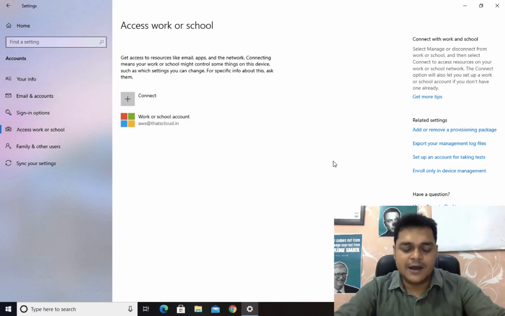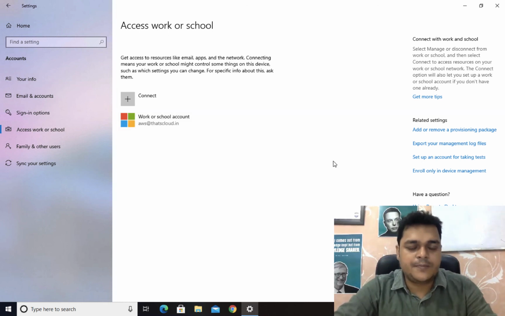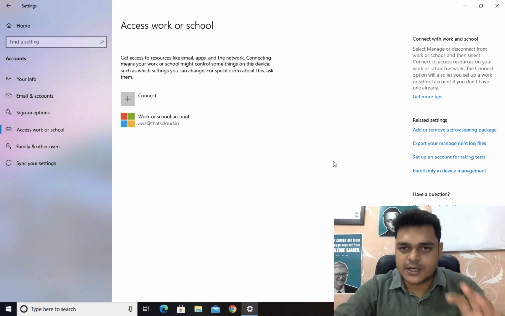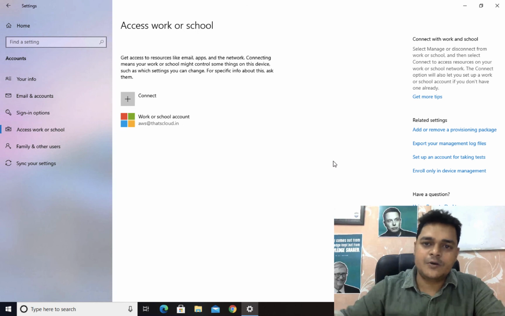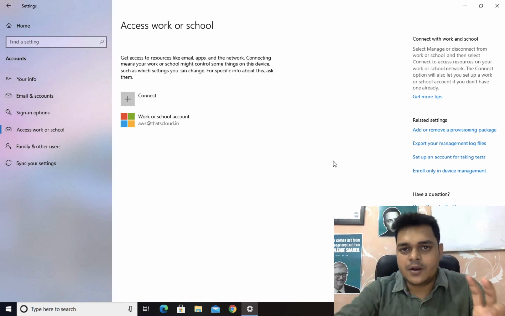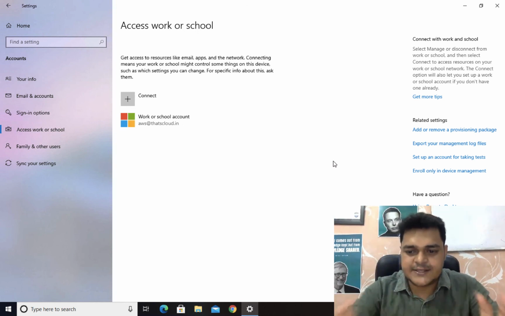It means that now you are able to control your application from an Azure Active Directory user, as well as register this particular Windows 10 operating system to our Intune services. So guys, this is our agenda.